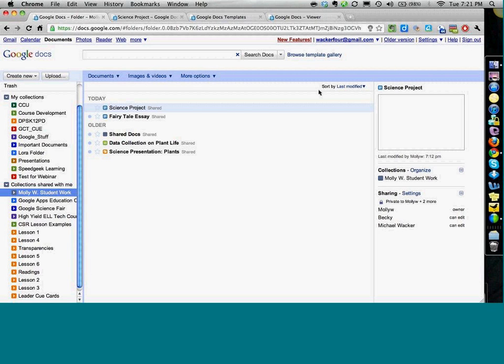So the question is just, how do I get started with Google Docs? Do you need to create an account, a domain, etc.? Yeah, definitely create an account and a domain, and I would find out what's already in place in your school or district first. If there isn't anything,